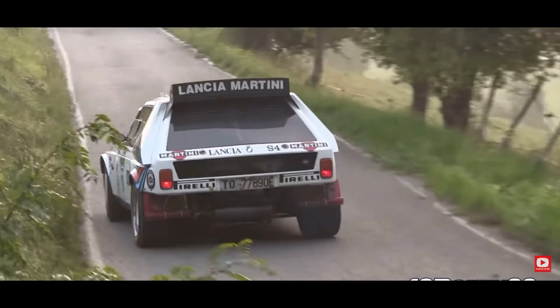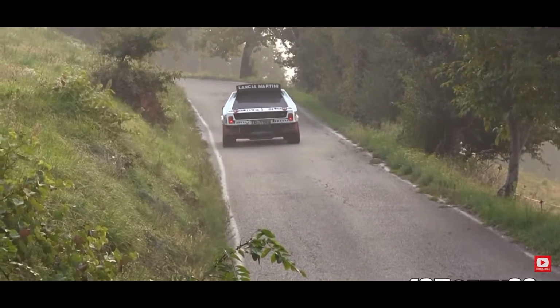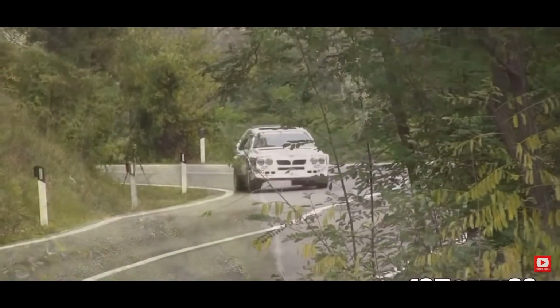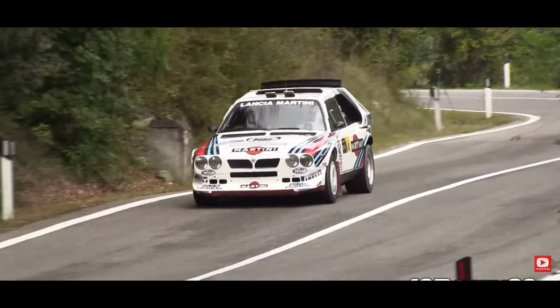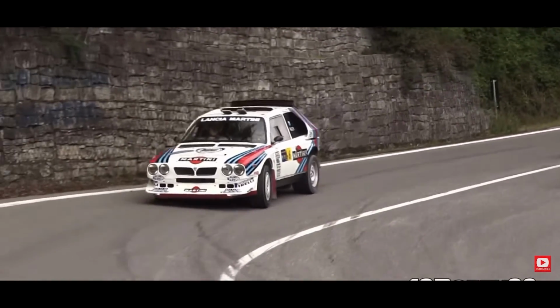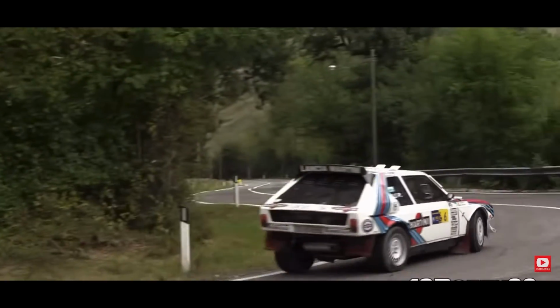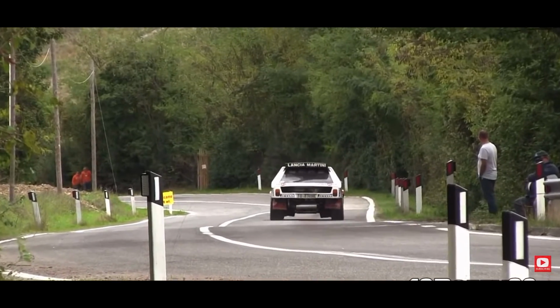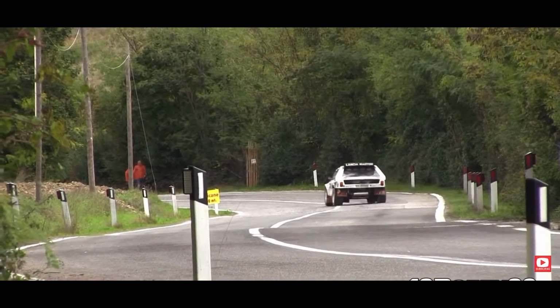Now the only problem is I cannot get around those looks. I think it is probably the ugliest of all the rally cars in Group B, and I'm not even joking when I say that. I do not like the looks of the Lancia Delta S4, and that alone brings it all the way down to the number 12 spot. Its performance is great, its legacy is really good, it's a Lancia, so that already kind of brings it up a couple spots, but if I was just going based off of just looks, this car would probably be last